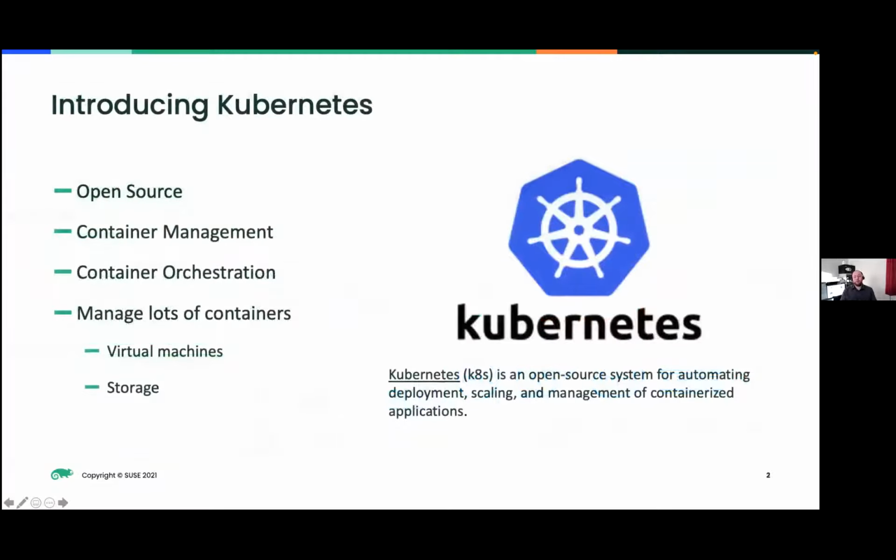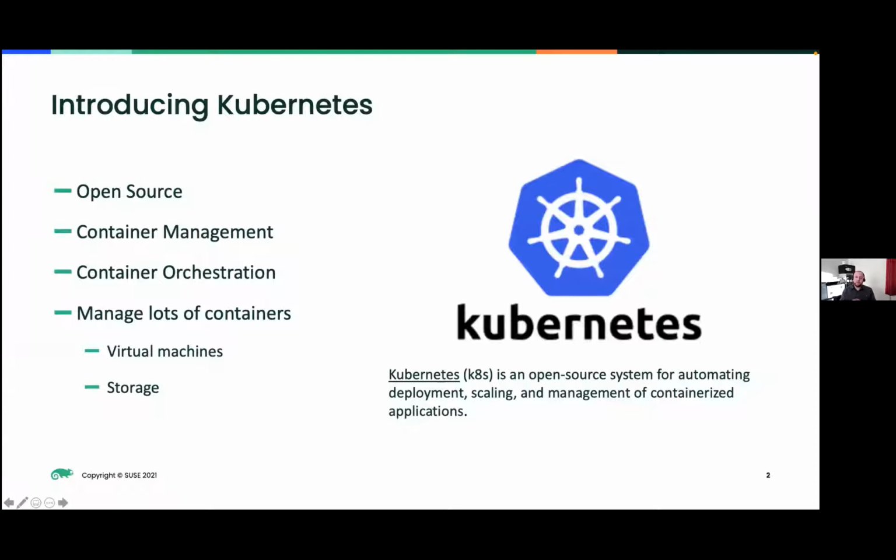But if we take a quick look at why we care about Kubernetes management, why is a container management platform important? As we embrace containers, which are a great way to develop and deliver software, we soon run into some problems, right? We need to ensure that the right container is running in the right place at the right time and has all of the dependencies that it needs in terms of infrastructure. So has it got the right storage? Is there a load balancer present? And all of that fun stuff.